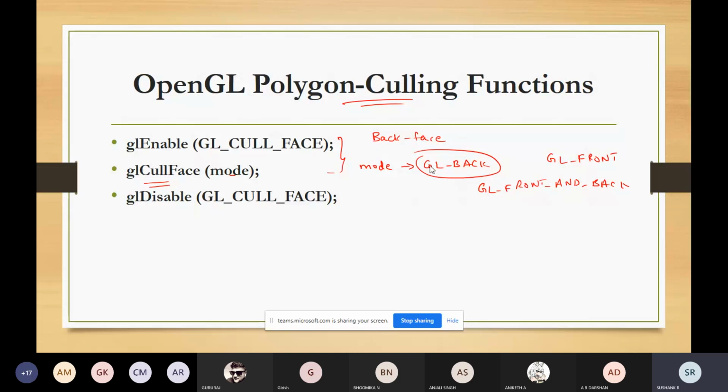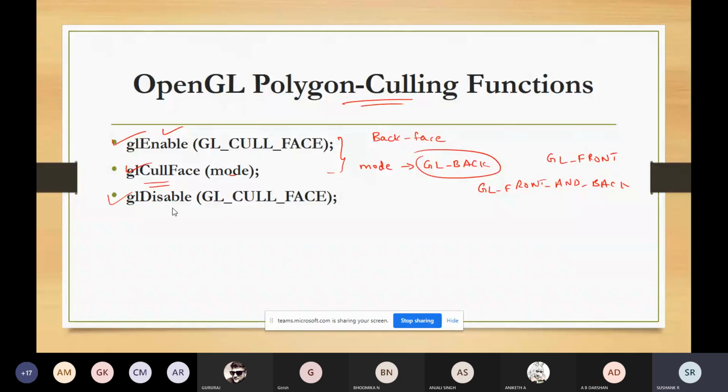Why am I writing this glCullFace function in between the enable and disable functions? If I want to activate the glCullFace mode function, I first have to enable it. How can I enable it?